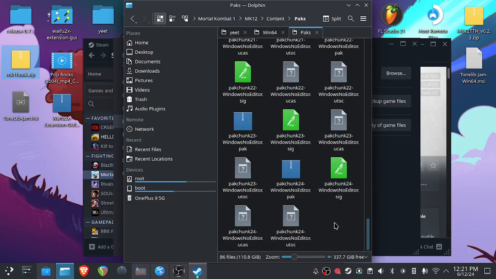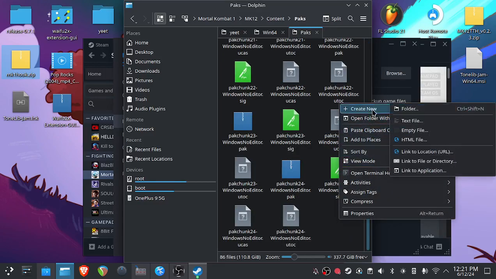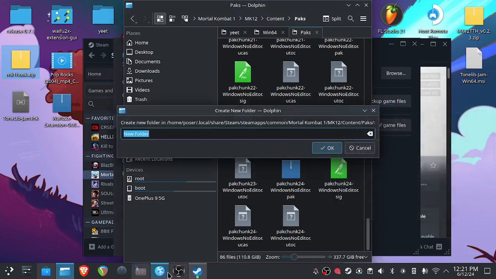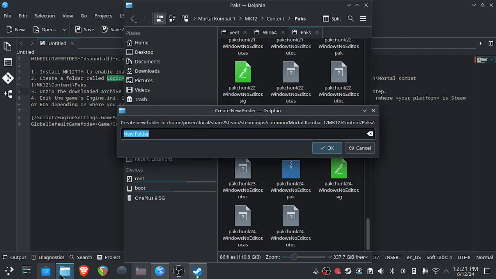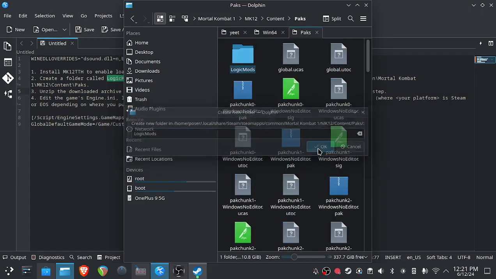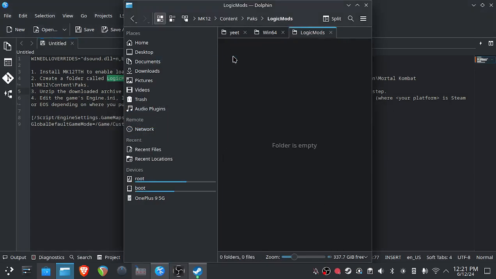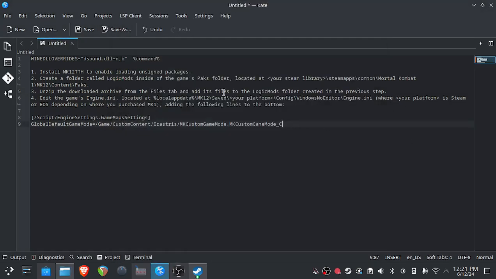Then what we have to do is create a folder called LogicMods, I believe. Okay, now that we have that installed,